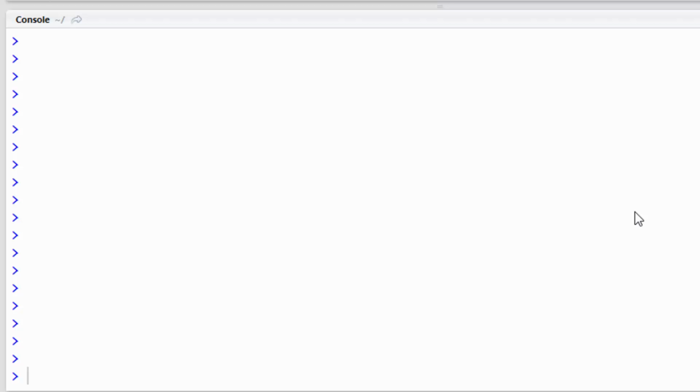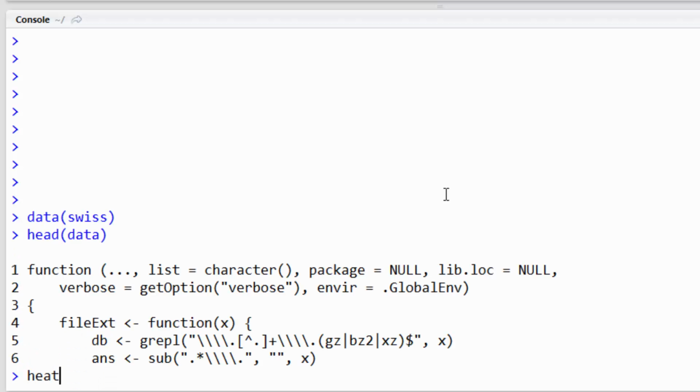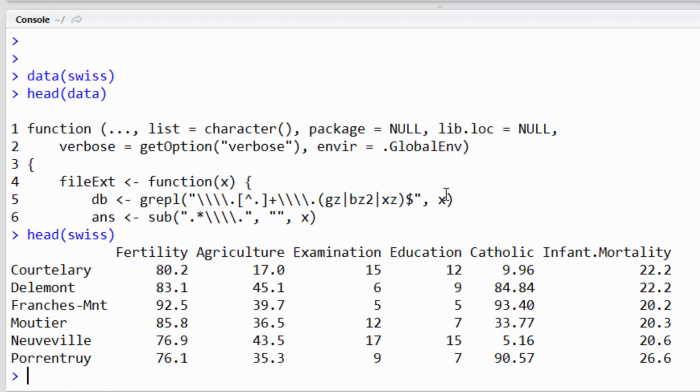Let's just go through an example of manually fitting the least squares equation. So consider the data set Swiss. If I do data(swiss), and then head(swiss), there's the data set. We want to use fertility as an outcome and predict it using agriculture, examination, education, Catholic, and infant mortality, and